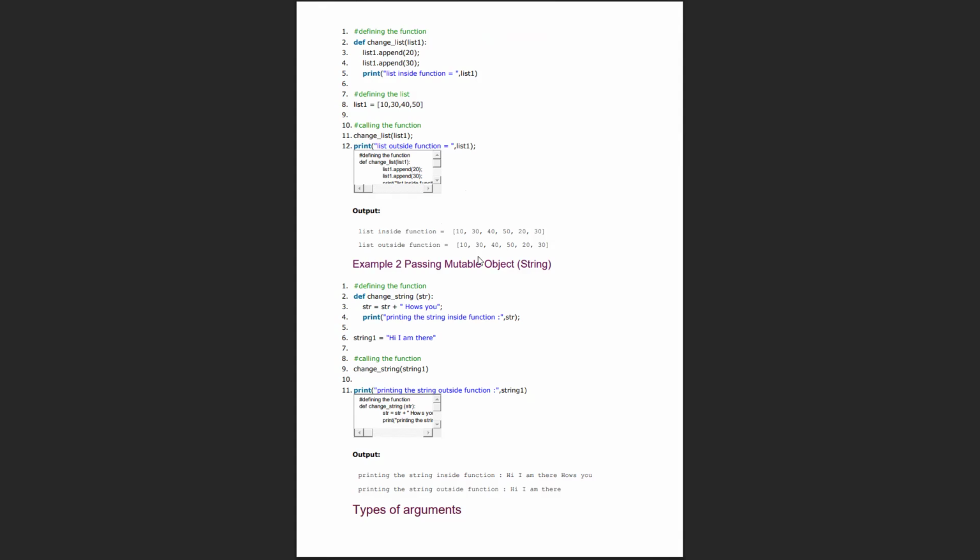Next, passing an immutable object. An immutable object means you cannot change it. Even if you make changes, they will not get reflected outside the function. Now see, here I am creating the function with string as the parameter. Now I am adding to this string: string plus how are you. It means to this string I am adding how are you. Whenever you print the string inside the function, it will print